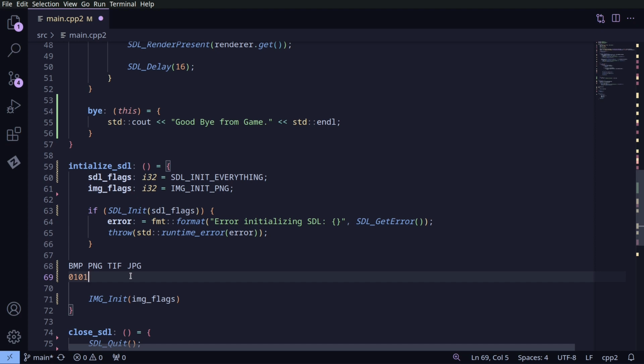Okay, and you can do bitwise ANDs and ORs. So imagine I had one flag for PNG, and I have another flag that is for JPEG. So I got 0001, right? And I want to set both of these. I want to turn both of these things on. So I could use a bitwise OR. Sorry, a single pipe